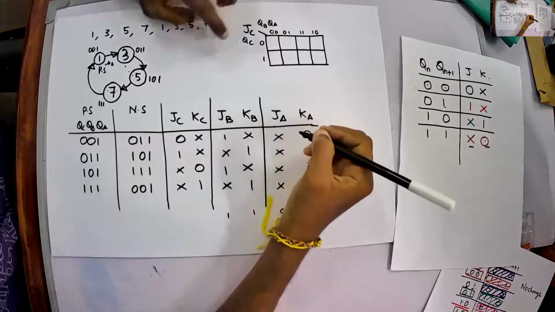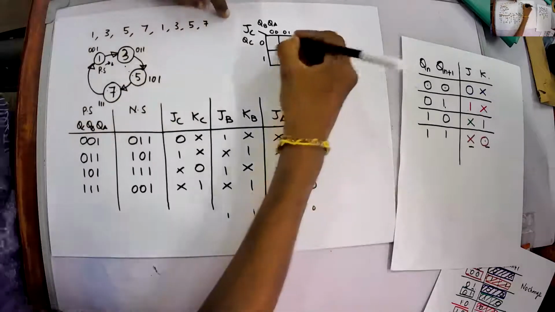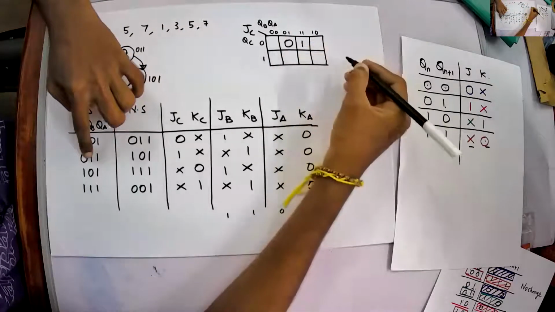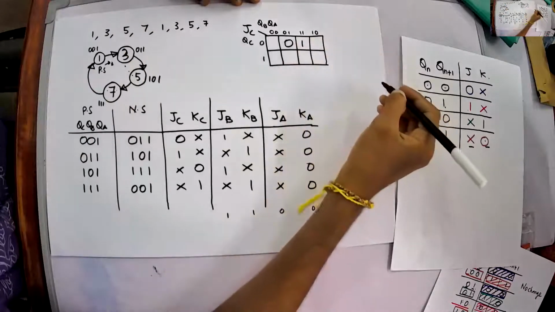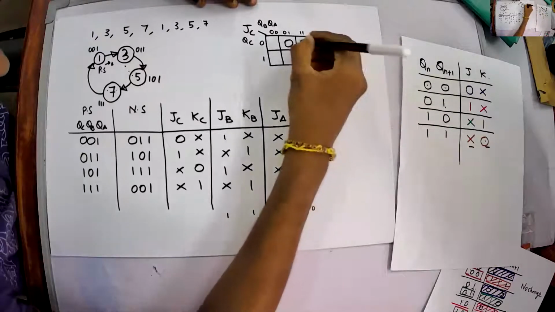What I can do is, of course, what is JC? 0 0 1 is 0, so that is 0. 0 1 1 is 1, and I could mark all the others as don't cares. Am I right? I could mark all the others as don't cares, and then